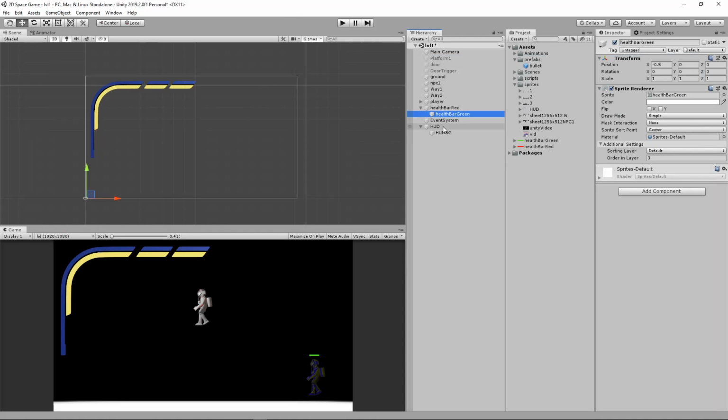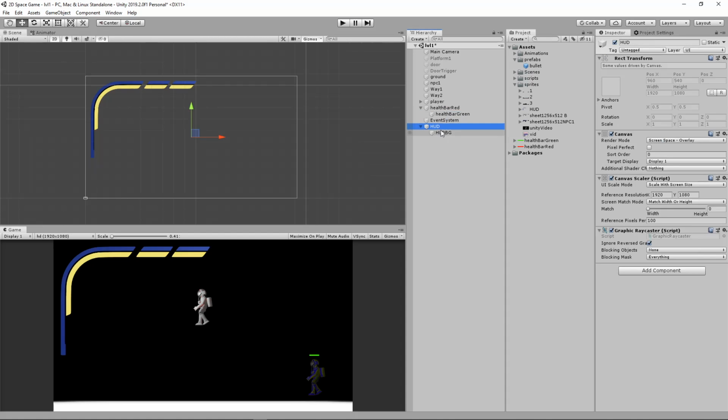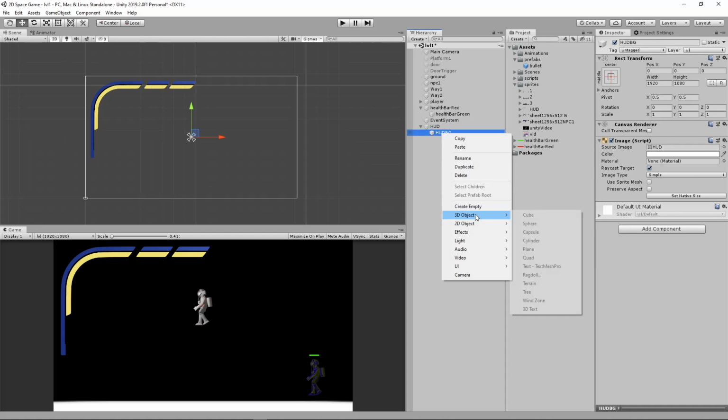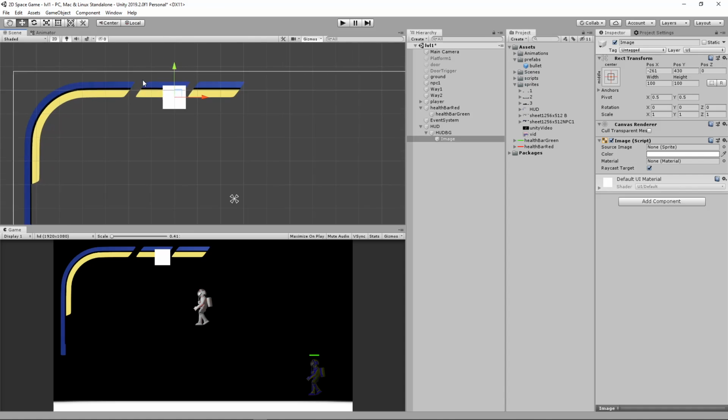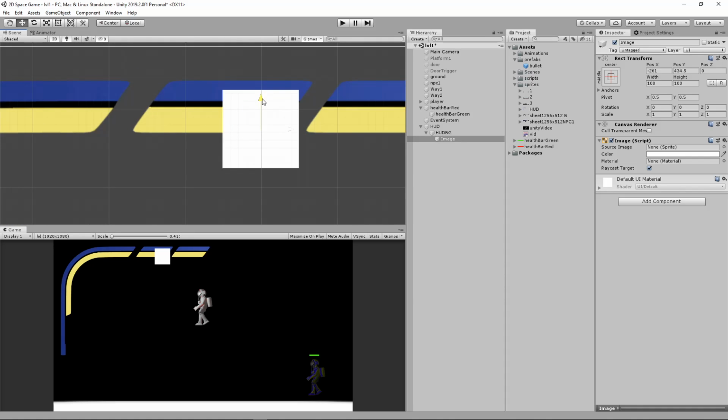So let's just create another on our head-up display here. Let's create another image. So let's make an image, and again we will position that. We're going to do this by eye. So let's do this here,